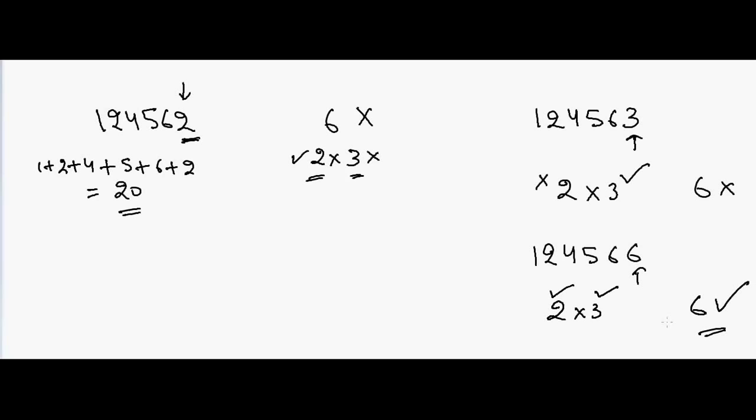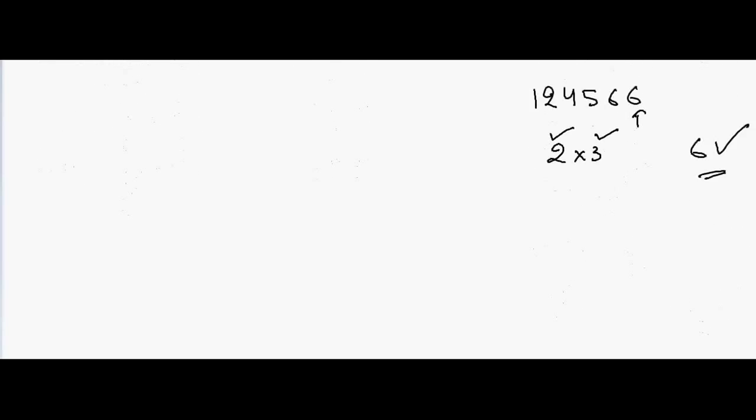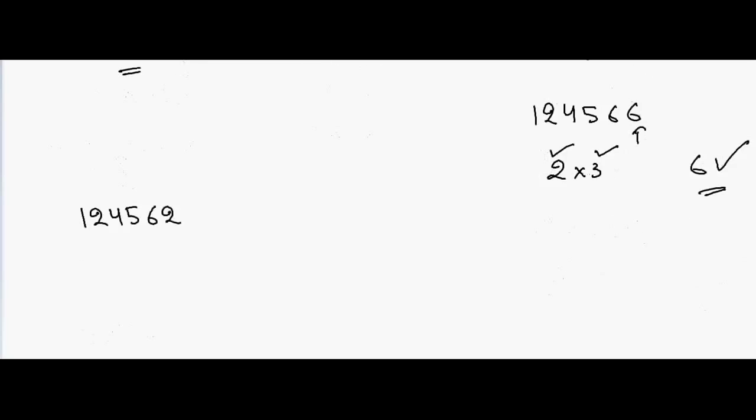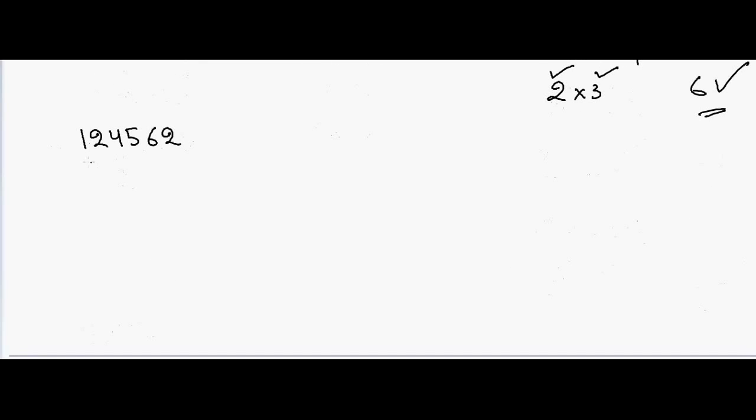So that's how we do the test for divisibility by 6. Now let's go for 8. So now we have 124562, and we want to find out whether this number is divisible by 8. In that case, we'll take the last 3 digits and see if 562 is divisible by 8. So if we divide it by 8, then this will give me